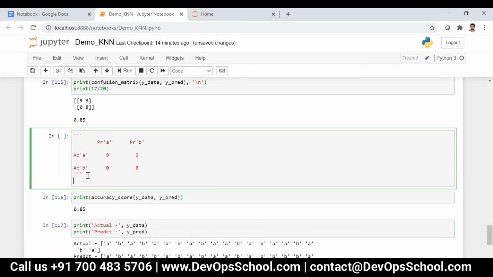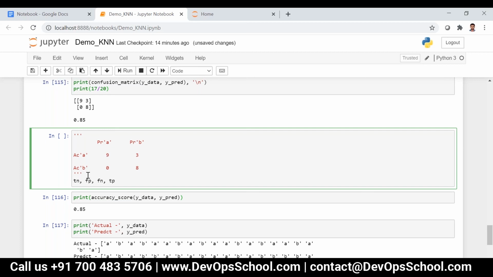So first is true negative, and then next is false positive, and then false negative, and then true positive.